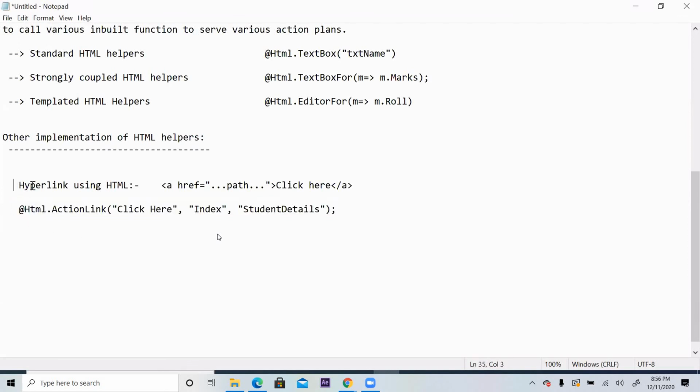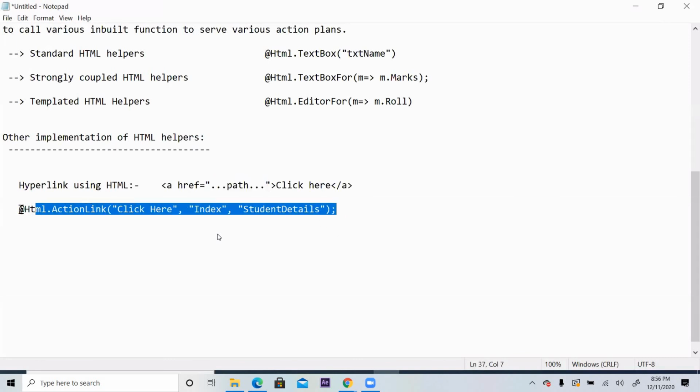If somebody says, no, I don't know HTML helper, I know only HTML, then the full path of that particular UI where you are actually visiting, you have to give. So here it is better because I'm just saying, please go to the index action method of so-and-so controller.